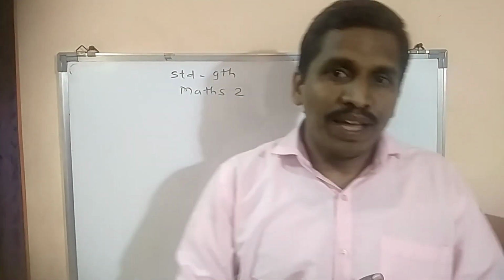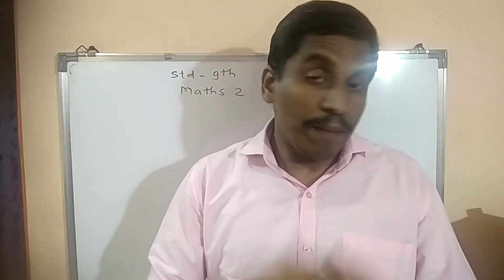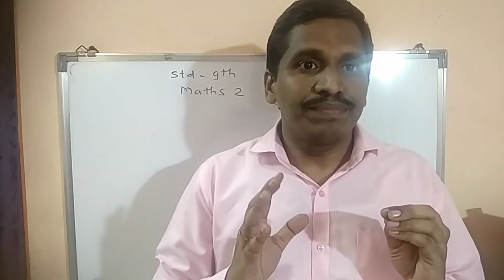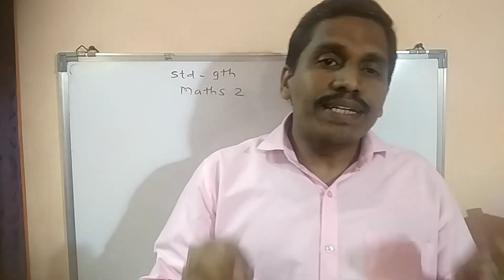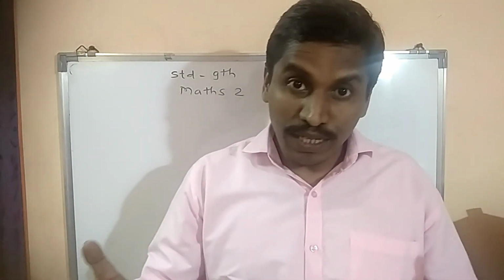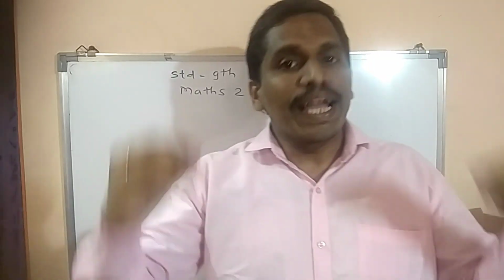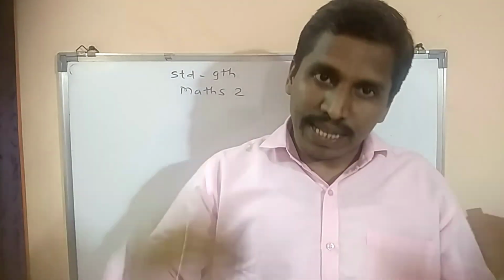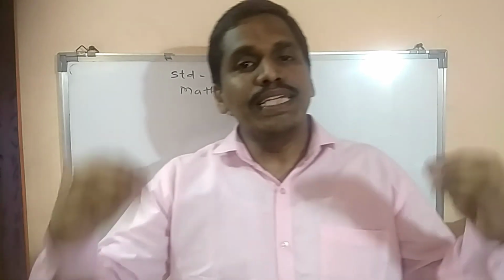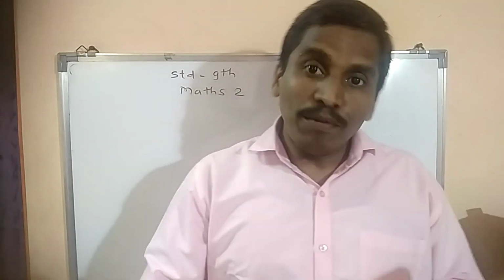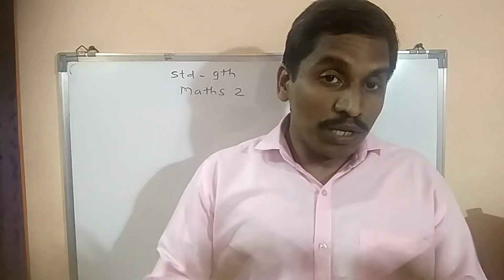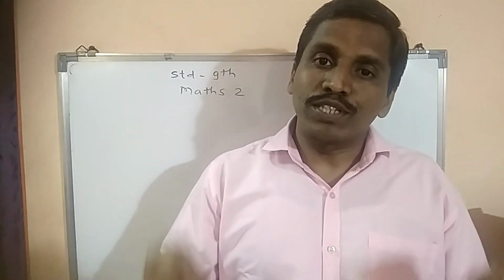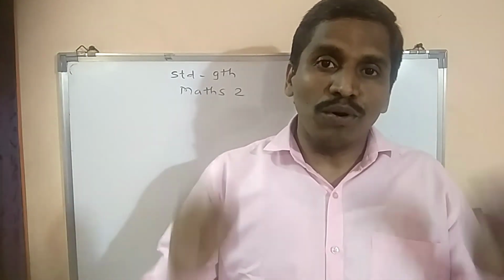Hello students. In chapter 2, parallel lines, we have studied the interior angles theorem, corresponding angles theorem, and alternate angles theorem. Similarly, we have studied the interior angle test, alternate angles test, and corresponding angles test. We have proved that the sum of measures of all angles of a triangle is 180 degrees. Today we are going to solve problem set 2, which is based on all these properties.